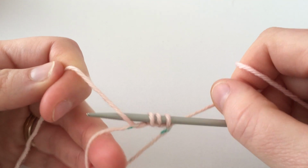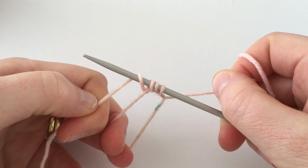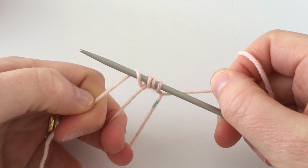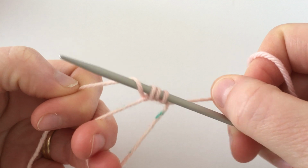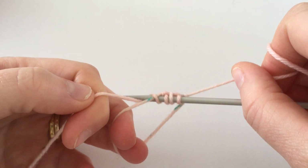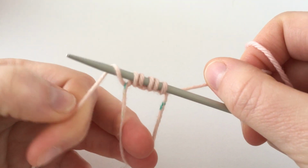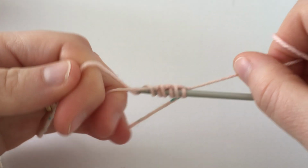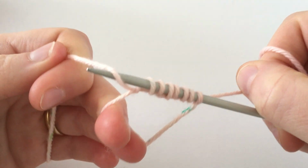Then stitch number 4 is a yarn over again. And so we keep on doing that until we get to the required number of stitches that your pattern calls for. For my patterns, most of them require 8 stitches, so I'm going to go ahead and cast on 8. So we're going to insert, draw up a stitch, that's 5, 6, and insert, draw up a stitch, 7,